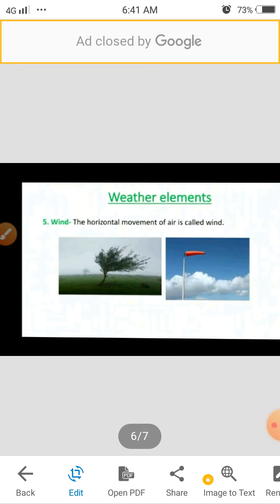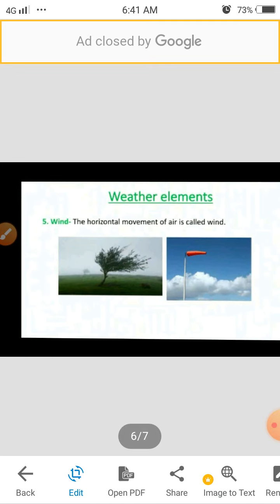Next factor is the wind. What is the wind? Horizontal movement of air is called wind. There are two types of movement: vertical movement and horizontal movement. Vertical movement is when anything moves up to down or down to up. This is called the vertical movement. And what is the horizontal movement? When anything moves south to east, north to south or south to east,